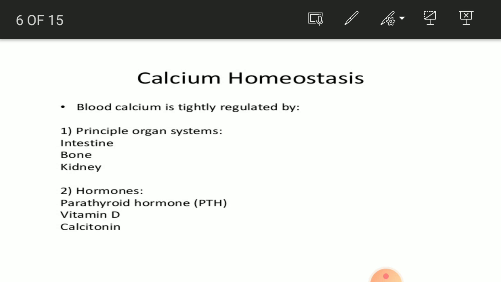Not only these, there are certain other hormones which are indirectly involved in regulating calcium balance, including growth hormone, glucocorticoid hormone, gonadal hormones like estrogen, testosterone, thyroid hormone, etc. And there are certain other recent molecules like alpha klotho derived from the fibroblasts which are also involved intricately in maintenance of blood calcium. So we will discuss gradually all of these hormones and their roles in calcium homeostasis.